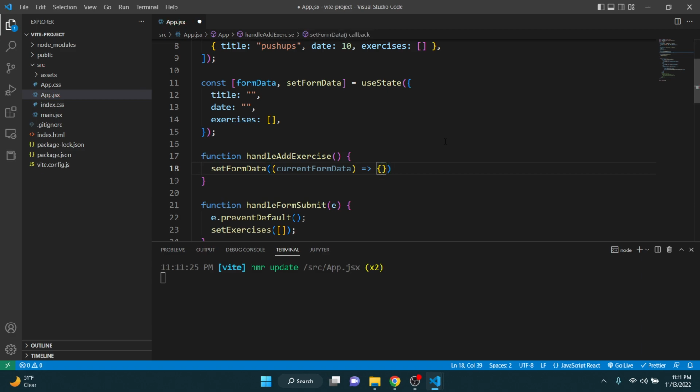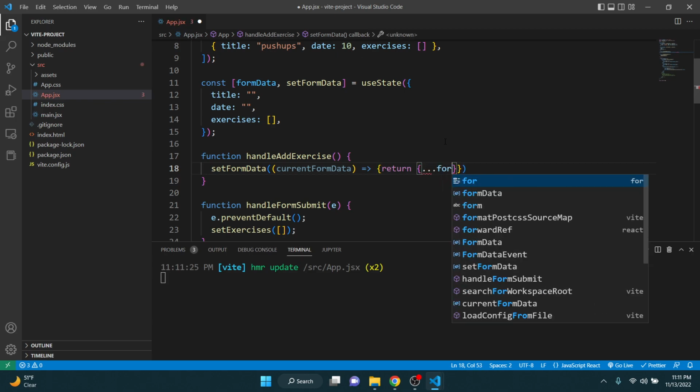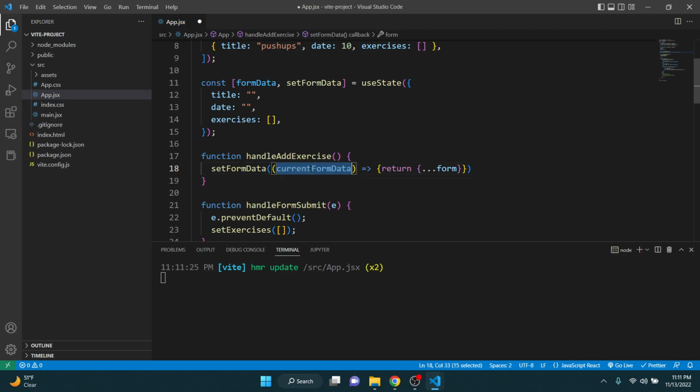I'll just make it like this: return an object of the new form data, of the old form data, or current form data, and then you add